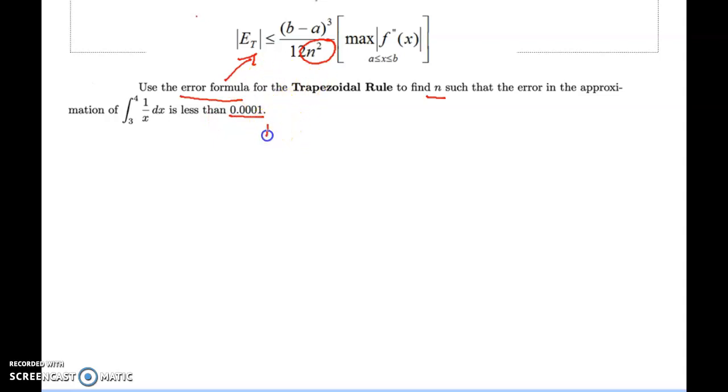We have to find n using ET, where a is equal to 3, the lower limit, b is equal to 4, and f of x is equal to 1 by x. So shall we now go to the problem? First find the first derivative of f of x. We know f of x is equal to 1 by x. We can also